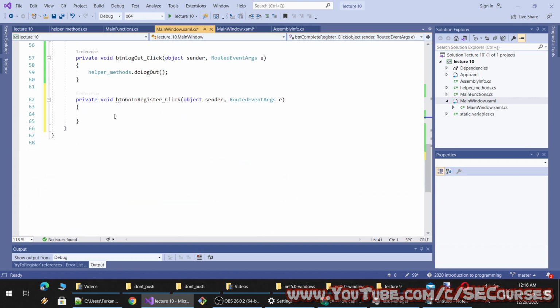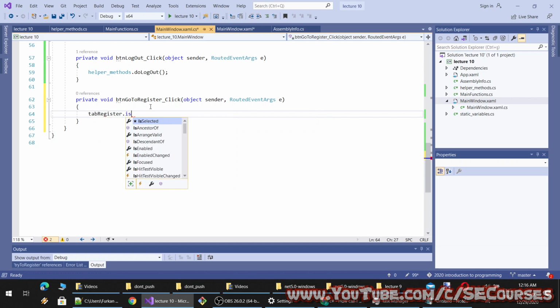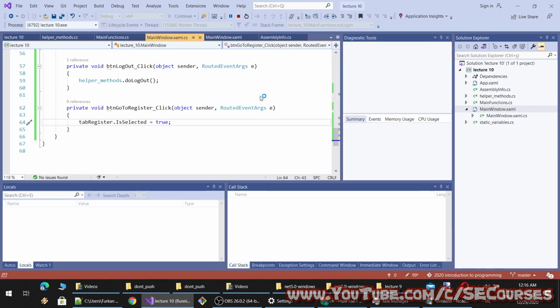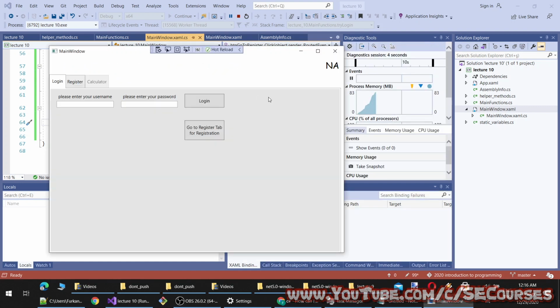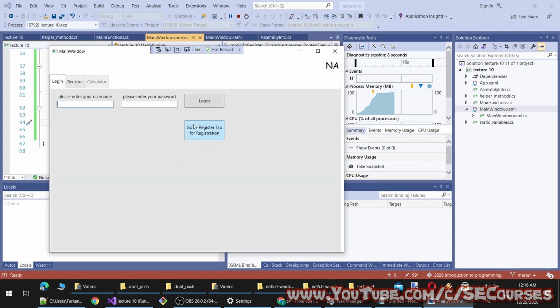And what it is going to do is simply make the register tab selected true. Okay, so simple. Let's run. Okay, it is working. Login, register.